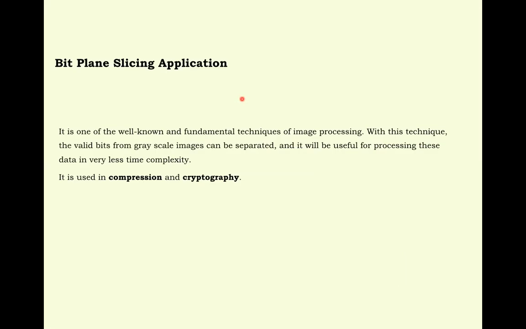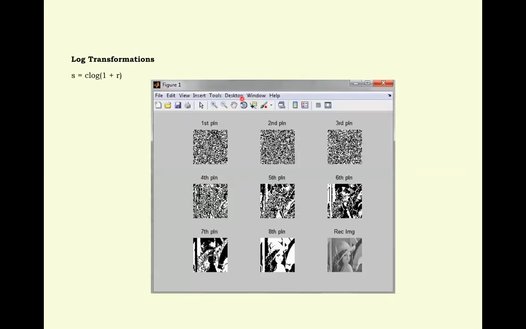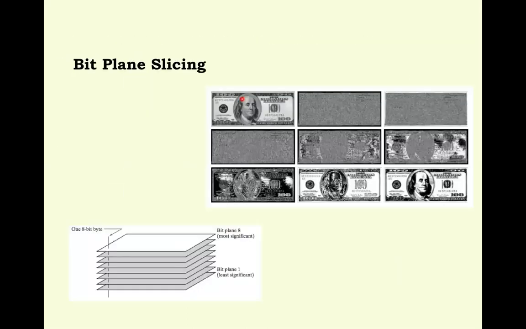Now, the applications of bit plane slicing. We have already studied that it is applied in image compression as well as cryptography. Now how can it be used in cryptography? I told you that the MSB gives the most information, whereas the LSB gives almost no information. If we alter any position in this combination of zeros and ones, and we know where we have altered it, then adding all these values we will get back the original image, no problem.